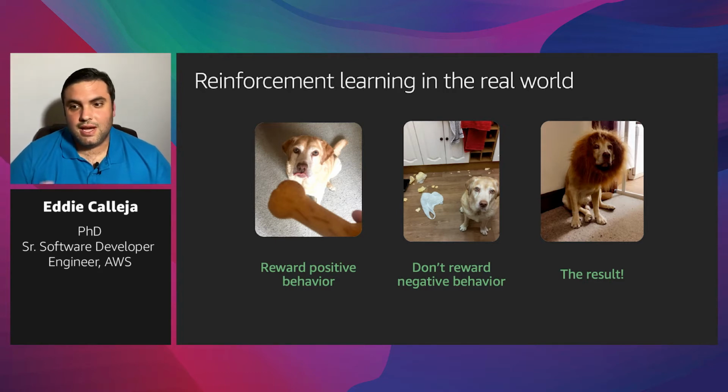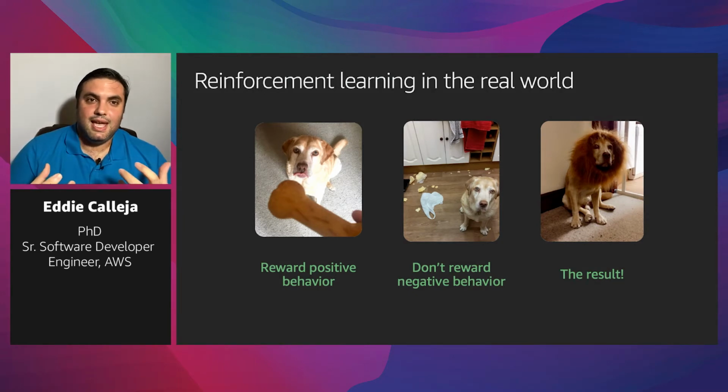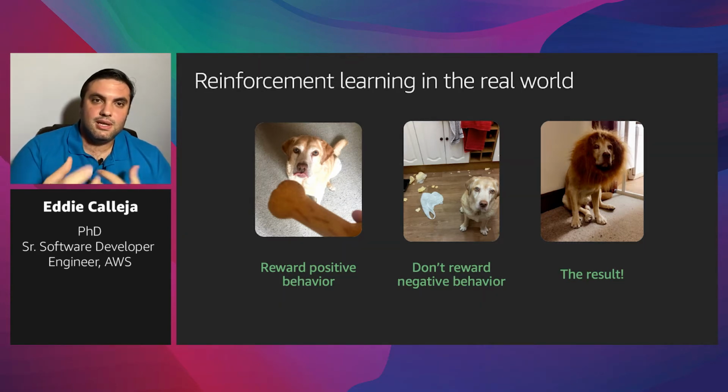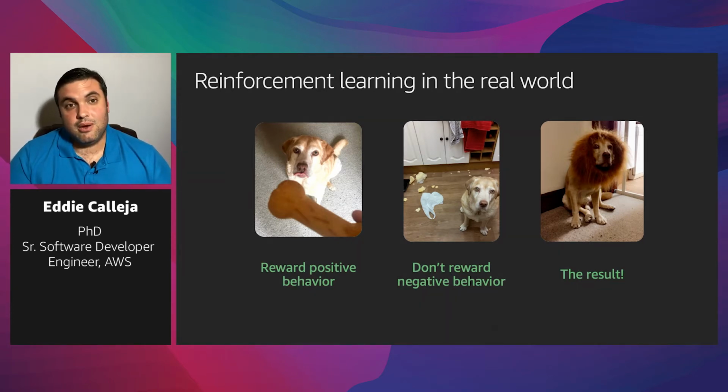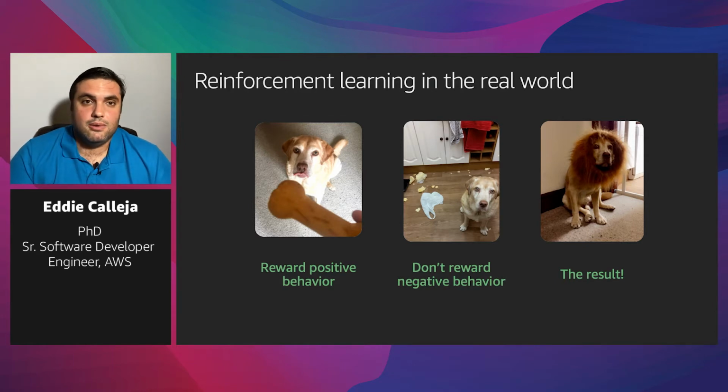And if you do this enough times, for reasons that are beyond me, you end up with a lion. Now, I make no claims that reinforcement learning can turn your dog into a lion, but it'd be pretty cool if it could. But the idea is that by using this concept of incentivizing behavior with reward, we can actually teach a machine learning model, in particular a reinforcement learning model, to learn a behavior, again, such as driving or driving around objects.